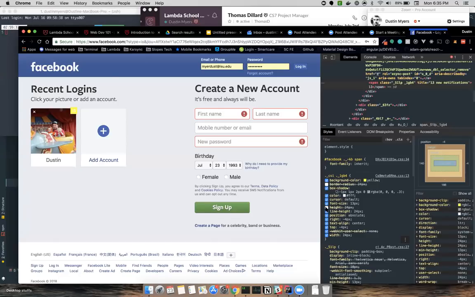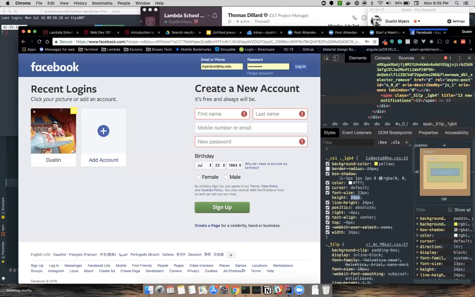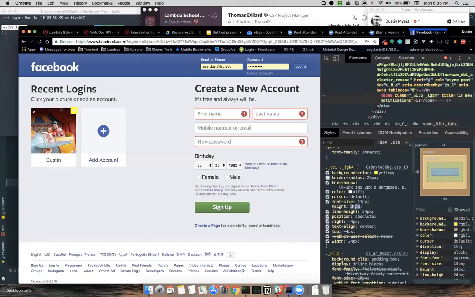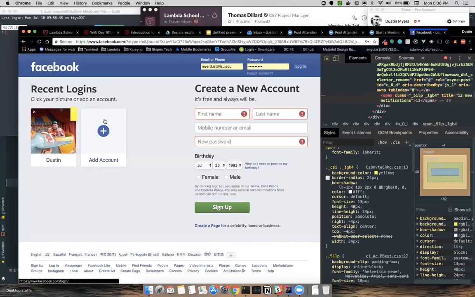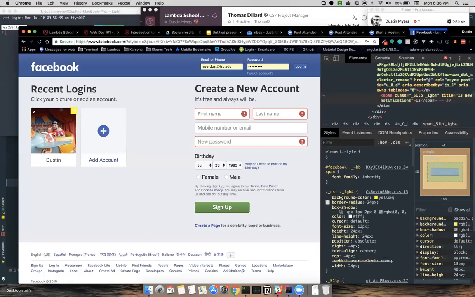We can double its height, say 48 instead of 24. Let me zoom in on this a little bit so we can see a little bit better. So right now it's got a height defined as 24 pixels. If we take that away and say 48, we've now doubled the height of that element. So you can see even though none of the HTML here has changed, we're changing the CSS, and we're giving it a completely different look than what it was originally designed with.